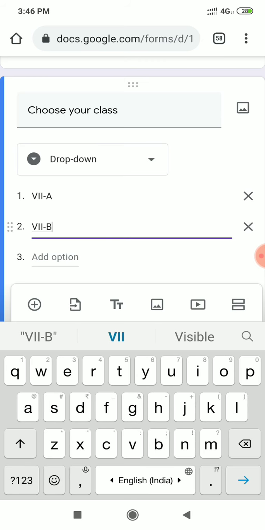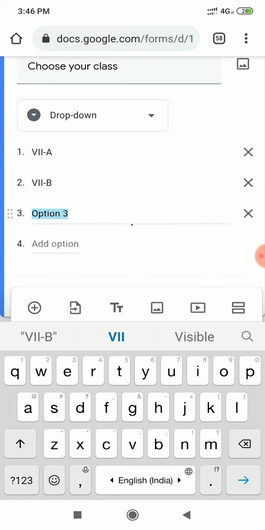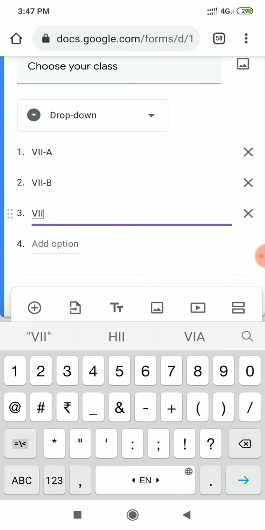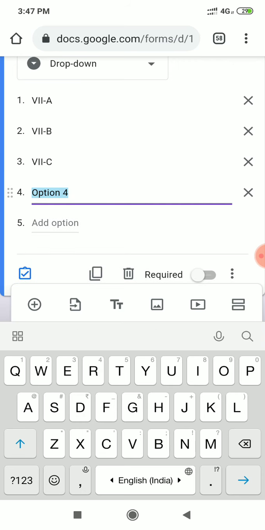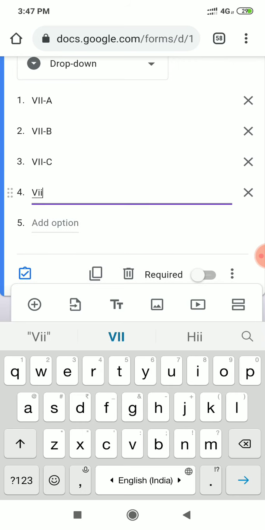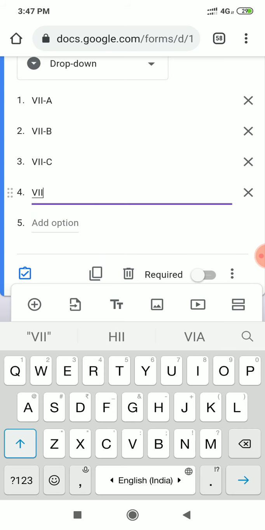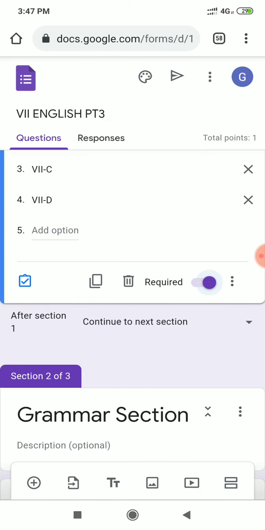Sometimes he skips writing the class. So to avoid all these things, we can provide the ready-made options to the students and we can make it a compulsory question so that the student does not skip it. So I have given 4 options over here and I have made it a required field.